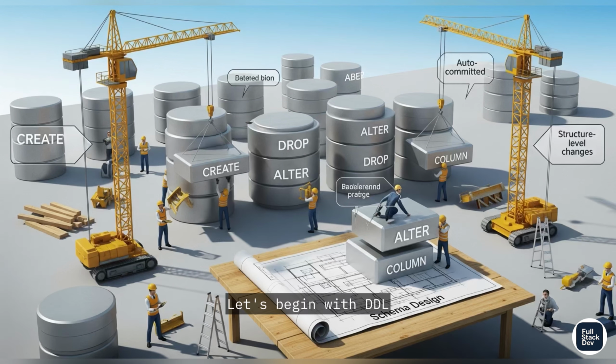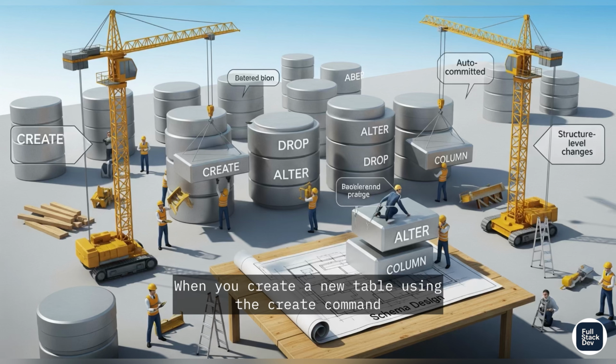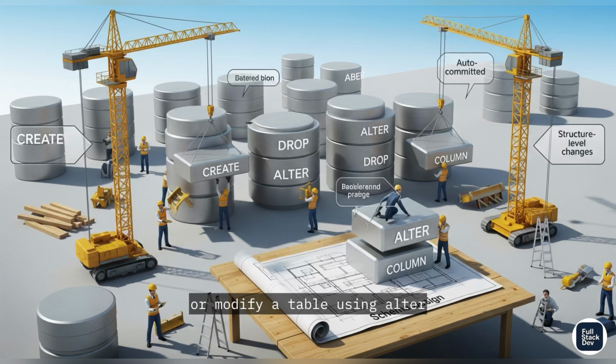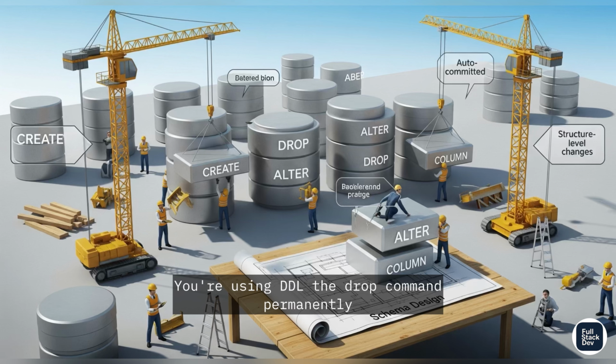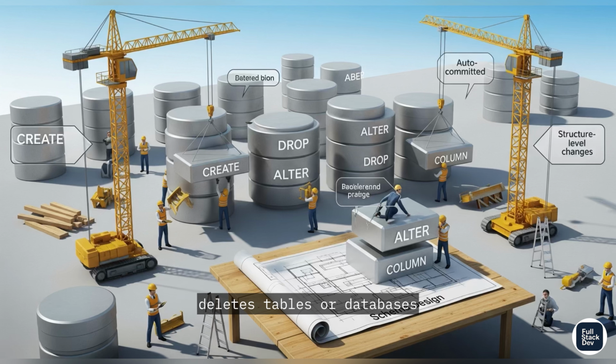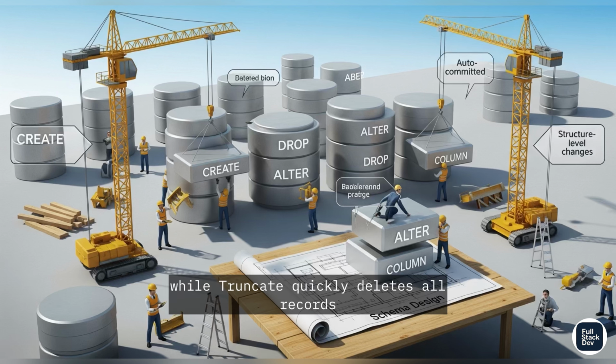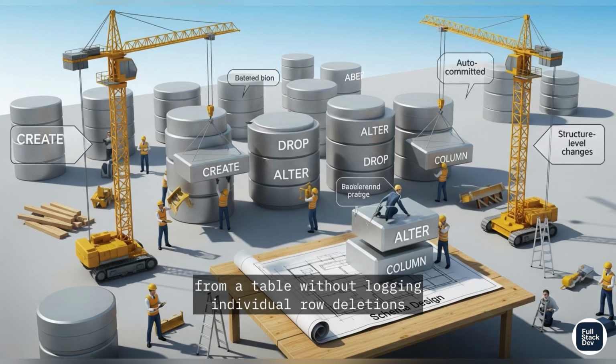Let's begin with DDL, or Data Definition Language. These commands define the schema or structure of your database. When you create a new table using the create command or modify a table using alter, you're using DDL. The drop command permanently deletes tables or databases, while truncate quickly deletes all records from a table without logging individual